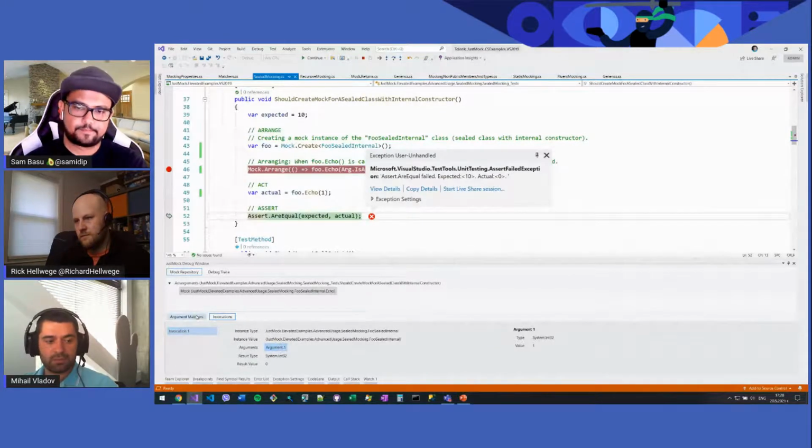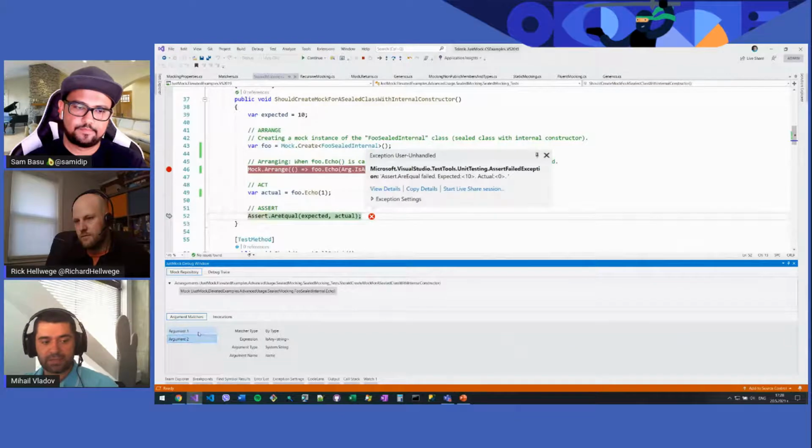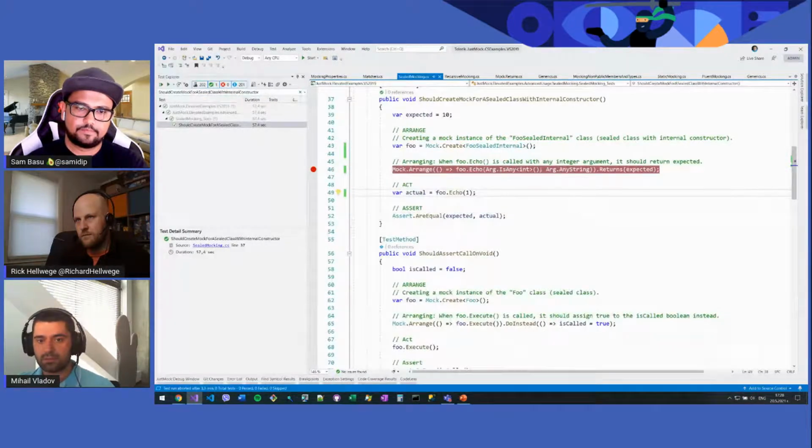So we have made an arrangement of method with two arguments, meaning that we have made the wrong arrangement, or we didn't actually receive any calls to the echo method with two arguments, meaning that something along the logic is broken, and there is no call to that echo method.